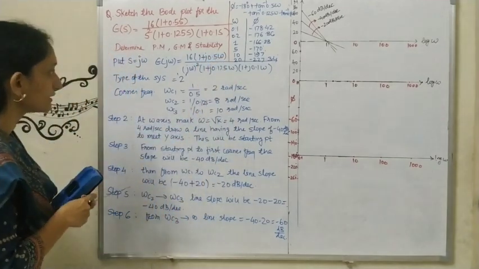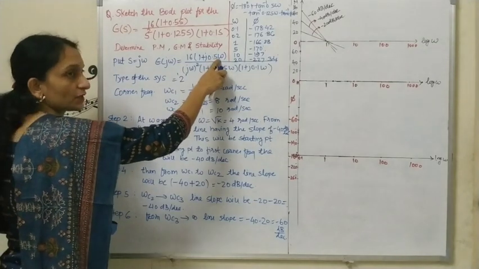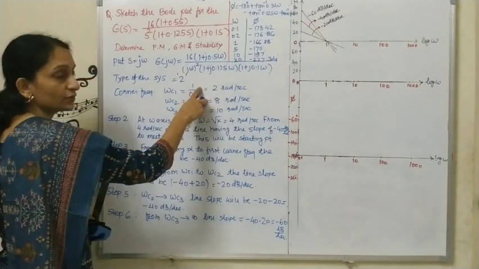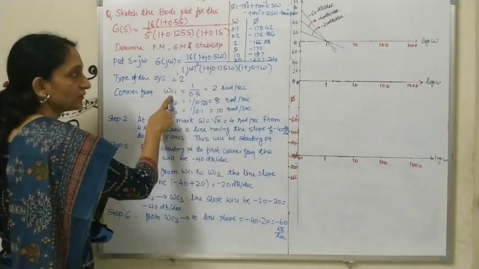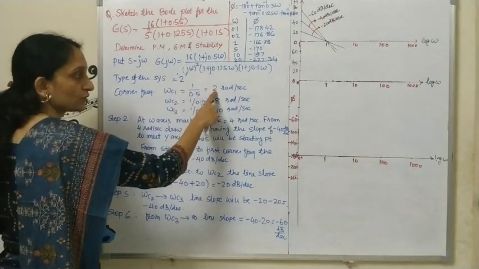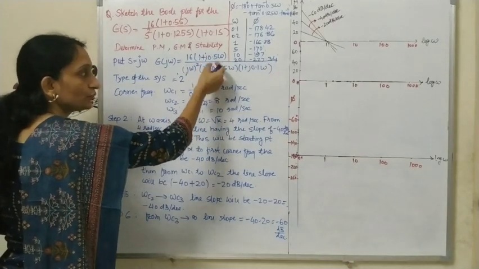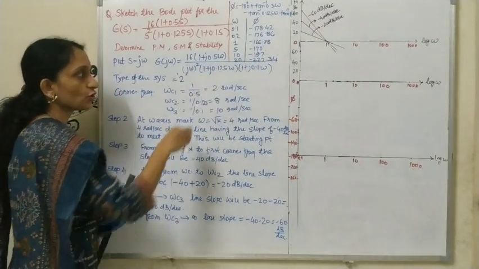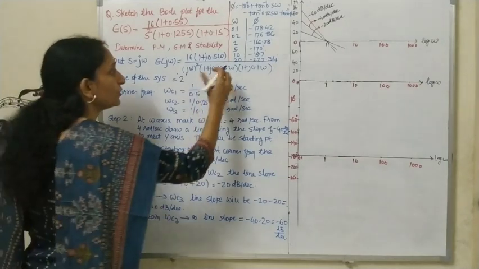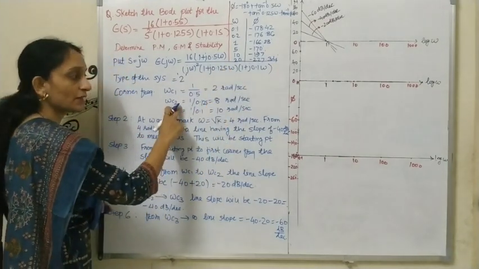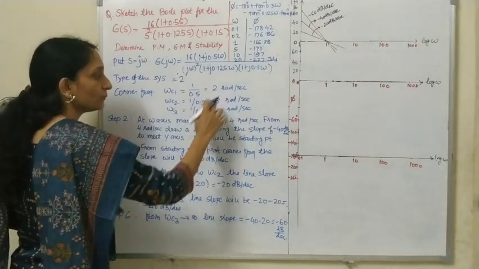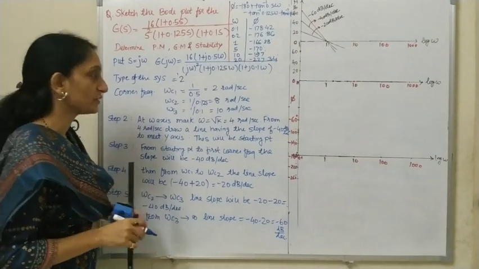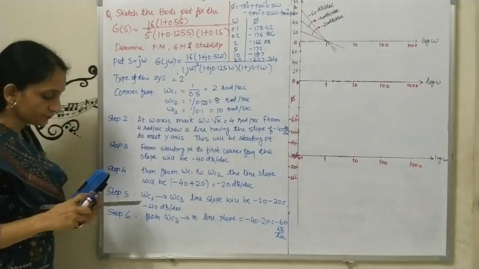For calculating the corner frequency, I need to arrange it as ω by something. I need to take ω_c1: 1 by 0.5, so this will be 2. So ω by 2 you will get 0.5. So the first corner frequency is 2. Now the next factor is 0.125, so 1 upon 0.125 is 8. This will be my second corner frequency. Then 1 upon 0.1 will be 10. So look at this, 2, 8, 10. These are the 3 corner frequencies that I have arranged in order.